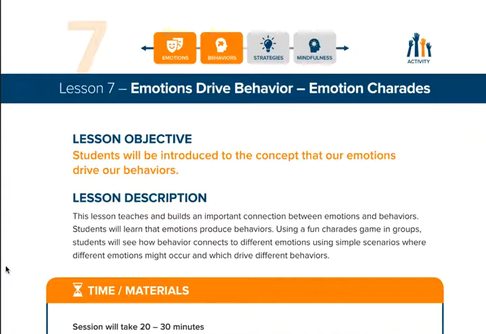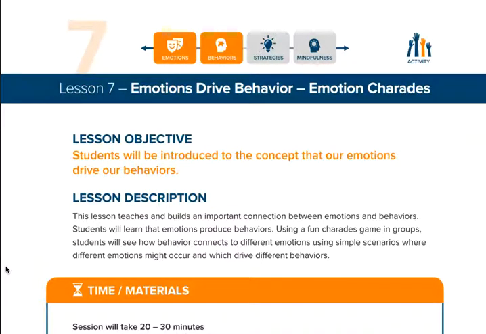Welcome to Lesson 7, in the beginning of the Behavior Unit. This lesson will begin to build connections between emotions and behaviors. Students will begin to see what emotions drive their behaviors, and that will be a huge theme throughout. Emotions drive behaviors. For this first lesson in our Behavior Unit, you're going to play a fun game of charades,